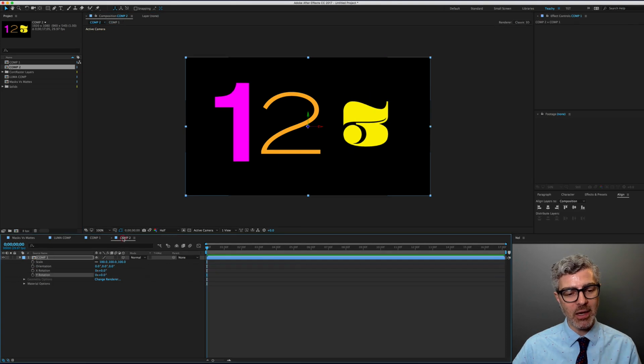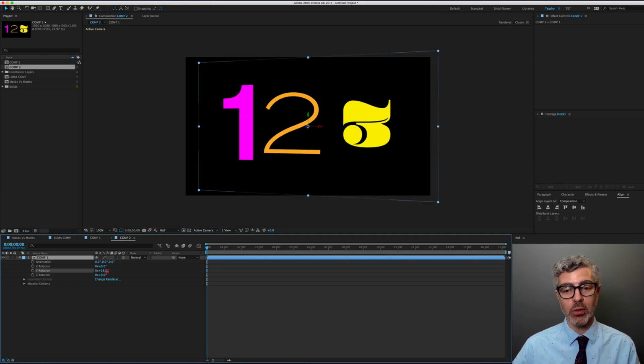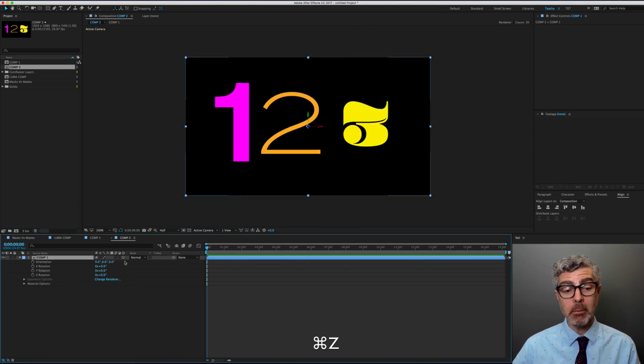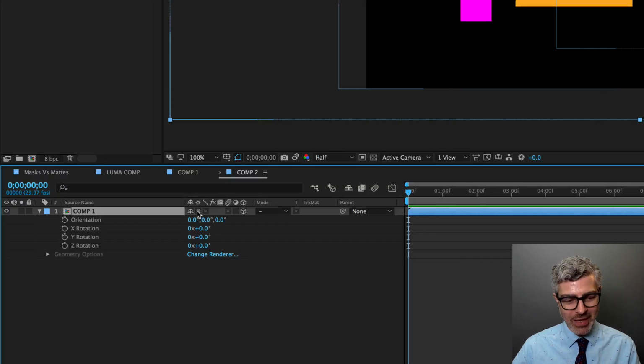So now if I go back to comp 2, you'll see that those now appear to be separated out into space, as you'd imagine. And let's say I have this turned off, right? And obviously, if I try to rotate, I just get the regular rotation like this, no big deal. But if I turn this on now, right? Now I do get this as a 3D layer, but when I rotate this, I'm still rotating it as a flat 3D layer, okay? But, and I think you guys know where this is going,